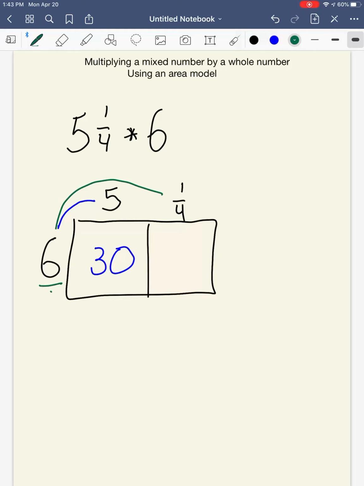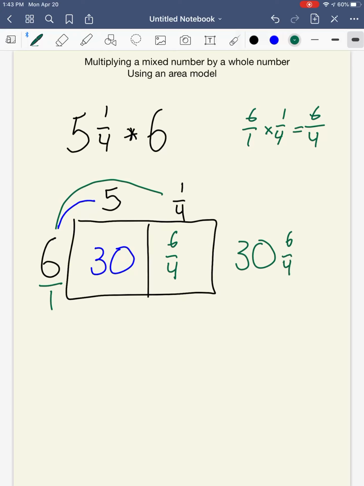And then now 6 times a 4th, well, maybe it'll help to give you a visual reminder. 6 wholes as a fraction is 6 over 1. So 6 wholes times 1/4 would be 6 over 1 times 1/4. And let me rewrite it up here just so we can see it. So that's going to give us 6 in the numerator and then 4 in the denominator. So 6/4 would be the answer to the second part. So now we just put them together and we get 30